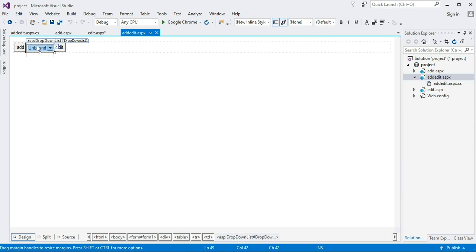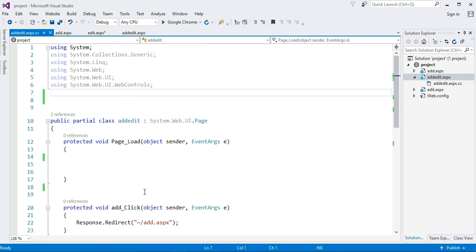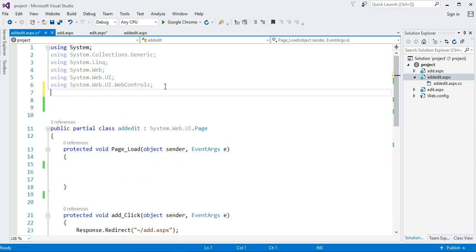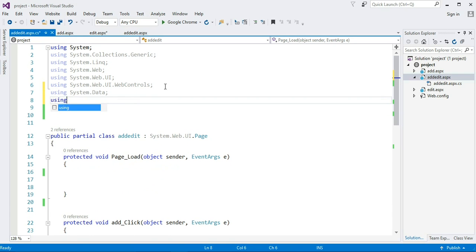In this drop down list, how to do that? Let's see it. In the CS of the add edit page, first of all, we have to give a package, the SQL package. We have to give a SQL connection.